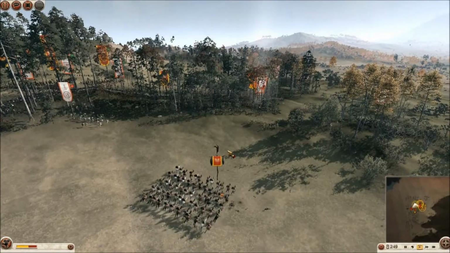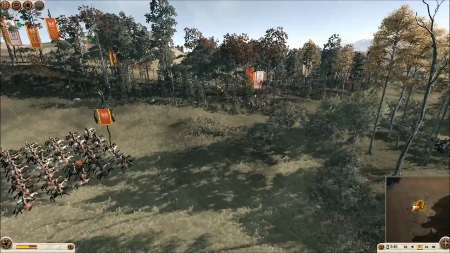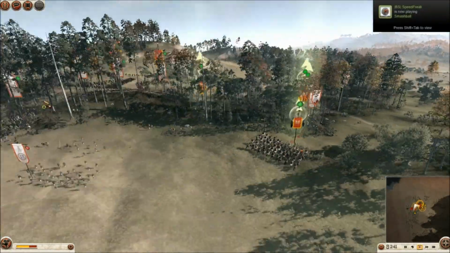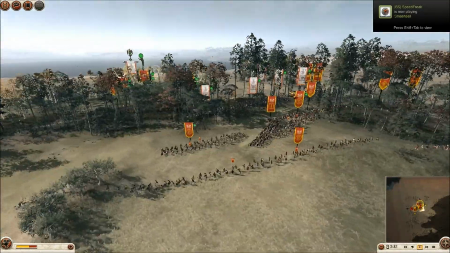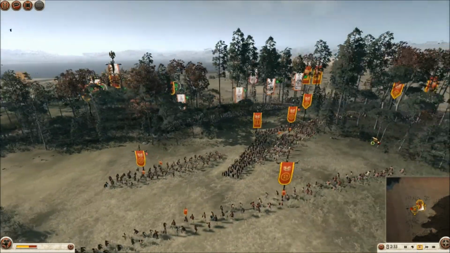I'll loop round my general. The initial idea was to smack his, but I want to get this fight finished and done, so I'm going to do a frenzy charge there. I'm raising the banner, rallying my troops because I know they're taking some punishment. He scoots forward his sacred band,